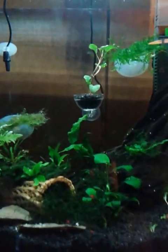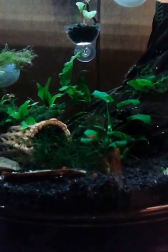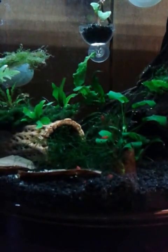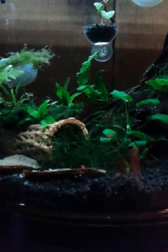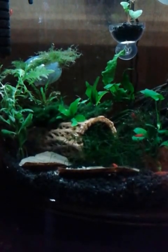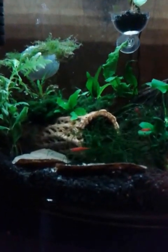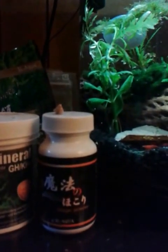So to start this tank, I use Eco-Complete substrate. The Eco-Complete is fairly neutral and is a good base for neos. You may need a little more acidic base for crystal reds, and I have a tank that I'm setting up later for crystal reds. Now, when you first start, put your gravel in, and then I use this SL Aqua